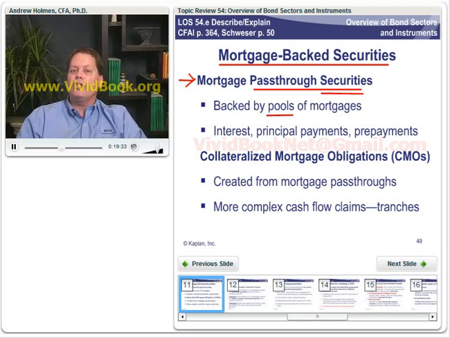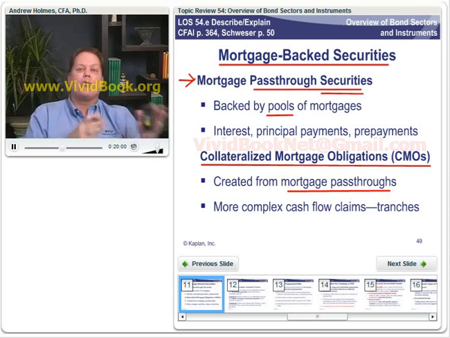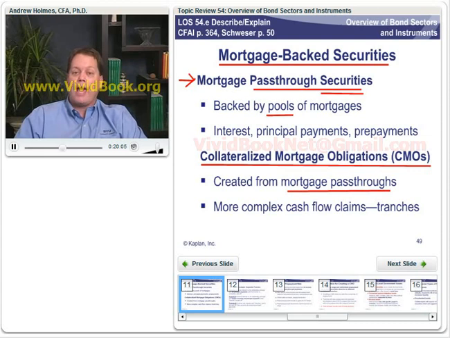So what we can do is we can turn around and make CMOs, or collateralized mortgage obligations. These are actually created from mortgage pass-throughs, so we take the pass-through securities and we use those securities to securitize the issuance of the collateralized mortgage obligation. And what we're going to do is reallocate the risks associated with the payment stream. Now, the risk is what it is. There's nothing we can do about that, but we can reallocate it to different parties through what we're going to call different types of bonds or categories, or in the language of the industry, tranches.